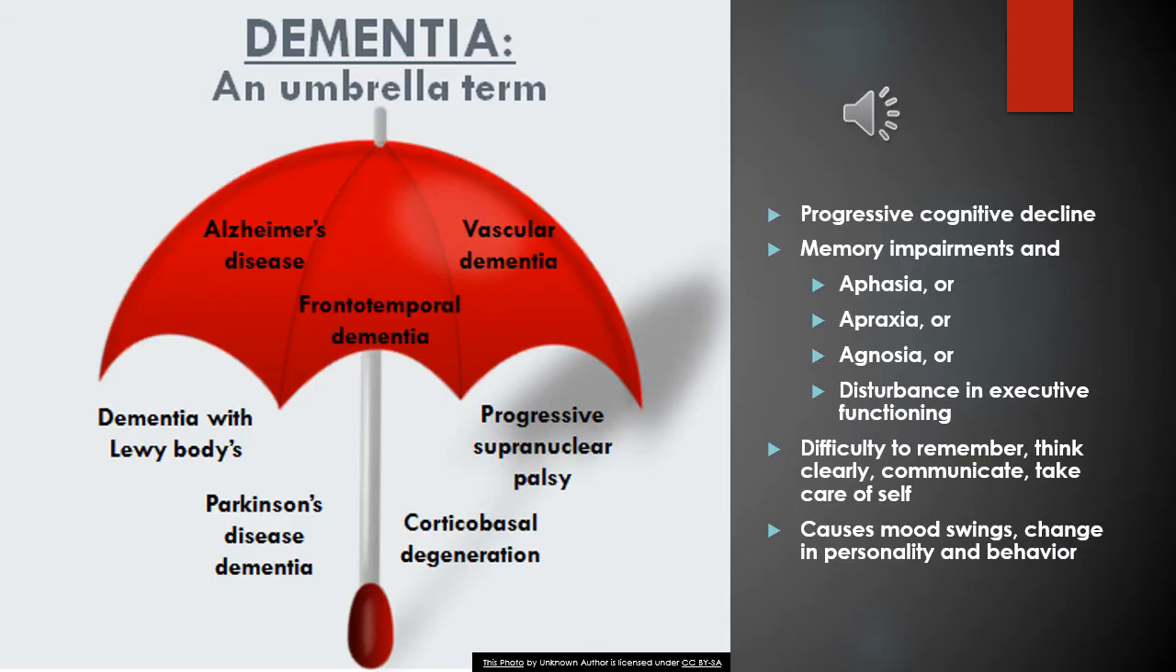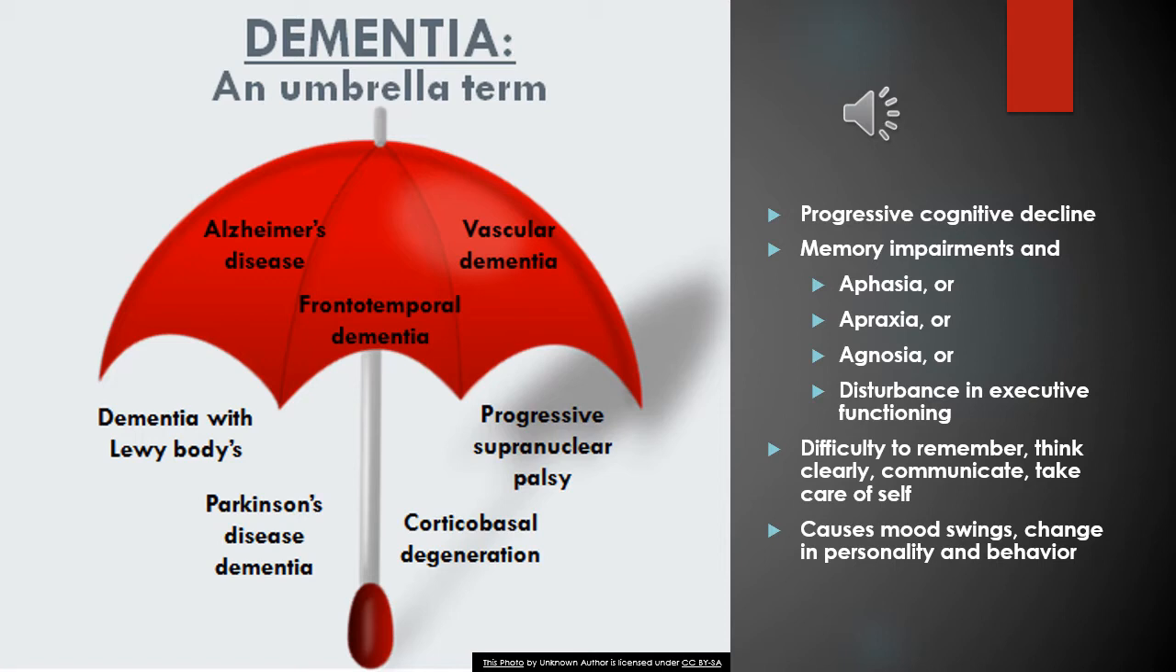So on the previous two slides, we went over normal or typical aging changes. Please note that dementia is not a normal process during aging. It is a disease that typically affects the elderly population. It is an umbrella category, so you'll see the different types of dementia are listed on the left-hand side of this screen. This is a progressive cognitive decline, and typically a patient with dementia will have a memory impairment and